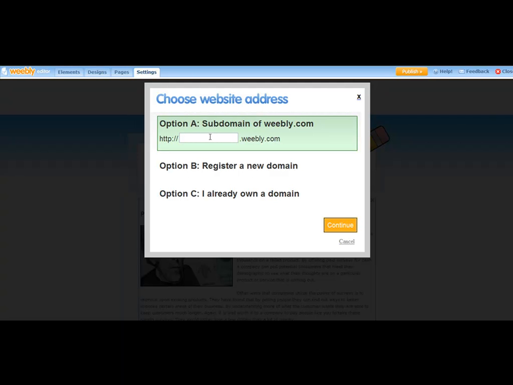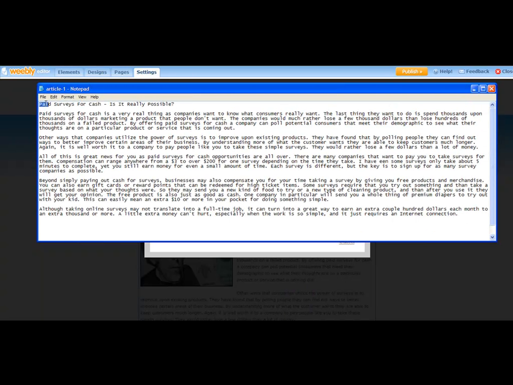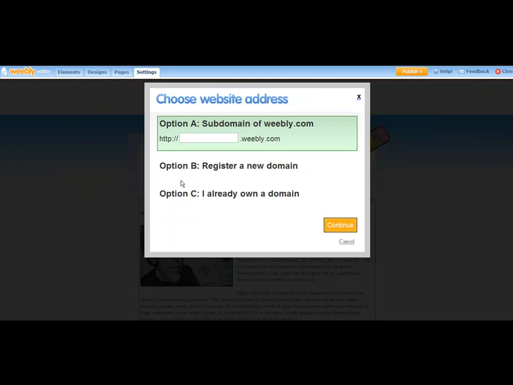Now what you want to do here is input the keyword that you are trying to target. So in my example, I'm targeting the keyword paid surveys for cash. Now if you were targeting how to make money online, let's say you're targeting Commission Blueprint, which is a product out there in ClickBank, you want to put in there that your keyword is Commission Blueprint review, whatever you're trying to promote. Maybe it's a Nintendo Wii review website, maybe it's a Sonic the Hedgehog video game review site, or a Logitech USB headset website, you could do that as well. So just take your keyword and paste it in there,